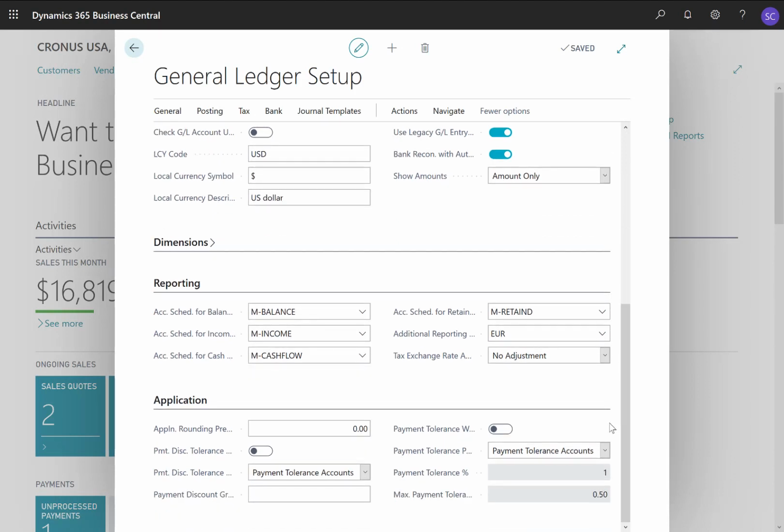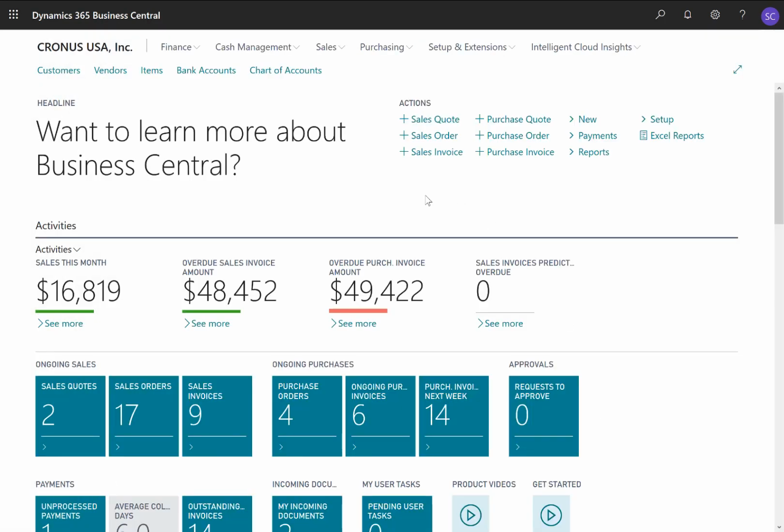And then let me scroll down. Let me also enable the payment tolerance warning, so that we get a warning if these payment tolerance settings are triggered. And Business Central can post to the payment tolerance accounts, which, by the way, you can set up on the customer and vendor posting groups. All right, so these are the settings, and let's now see how they can be used when, for example, posting